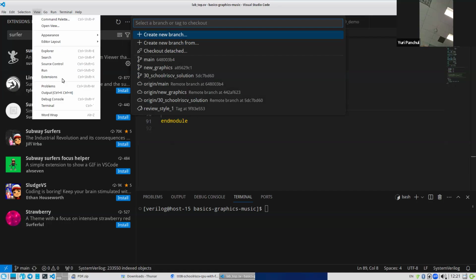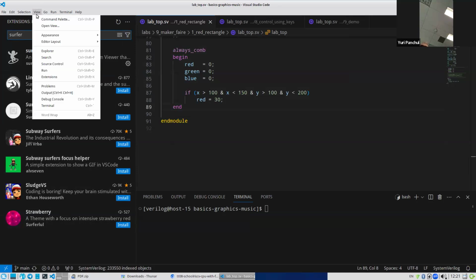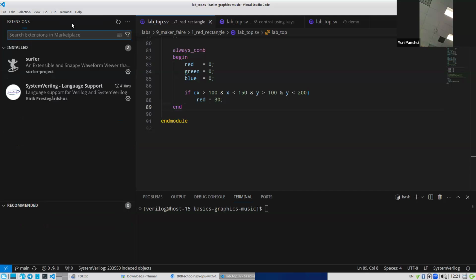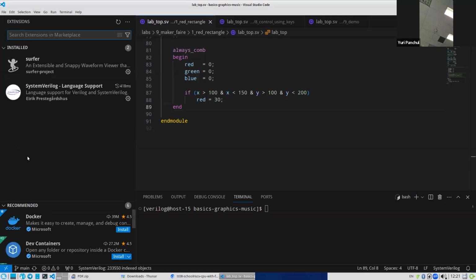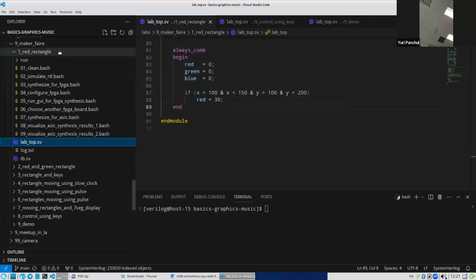View. How to close this window? View. Control Shift X. Yeah. Control Shift X. Yes. I'm just trying to close this window. Yeah, explore. Okay, good. Okay, so now